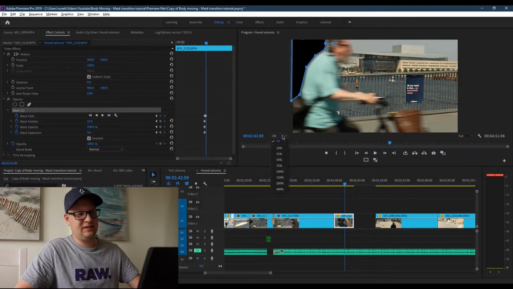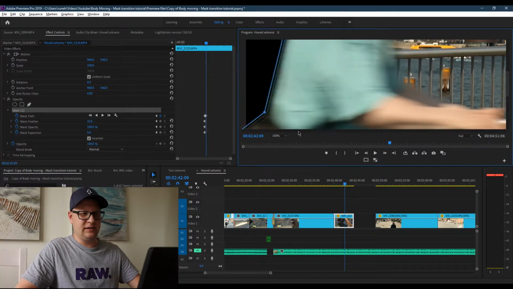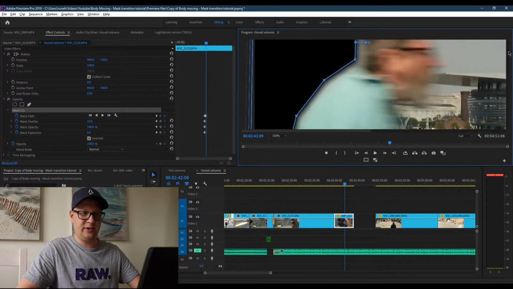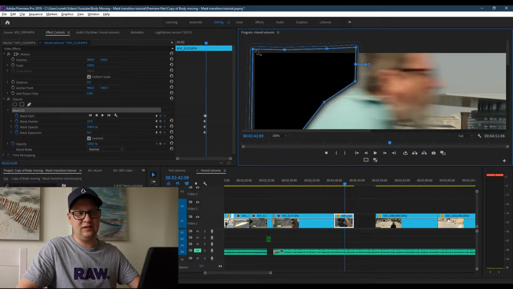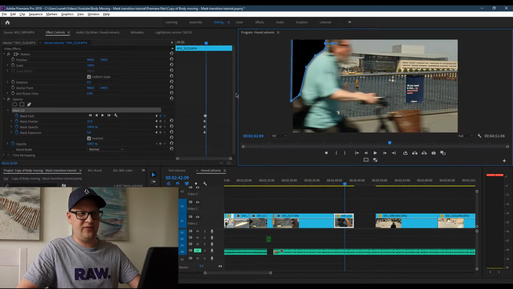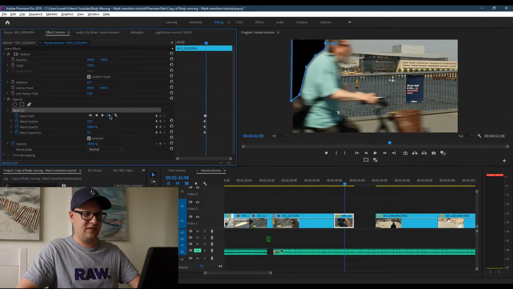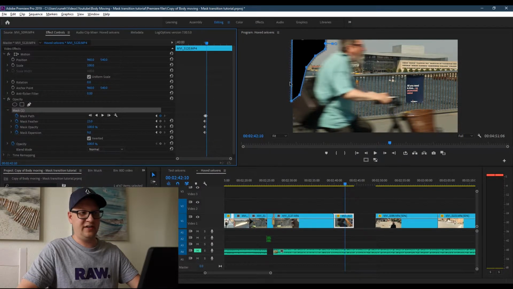Remember that you can always zoom in a bit, and then you can scroll to the top corner here just to make sure that the mask is actually highlighting the entire area and goes outside of the frame, so you don't miss anything here. So I'll just fit this again, and then I simply continue. This is a very tedious process, so I'll just fast forward and then talk to you after I've keyframed all of this space out.